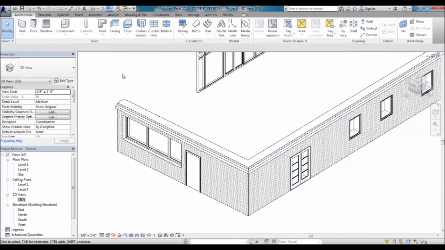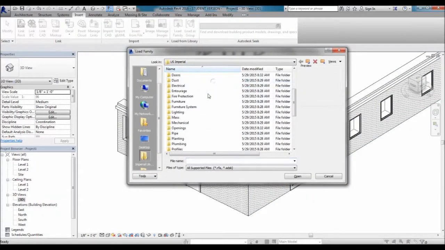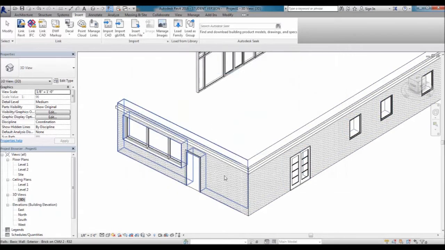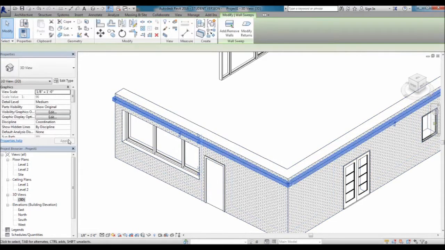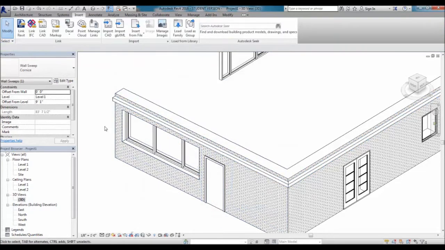Now, if you want to load them in, if you go to Insert and Load Family, you'll find different profiles here, whether they're profiles for the wall, downspouts, things like that, or any of the other profiles. You can load them in from there, and you can then choose in the type properties a different profile to sweep across that. And like I was saying, with